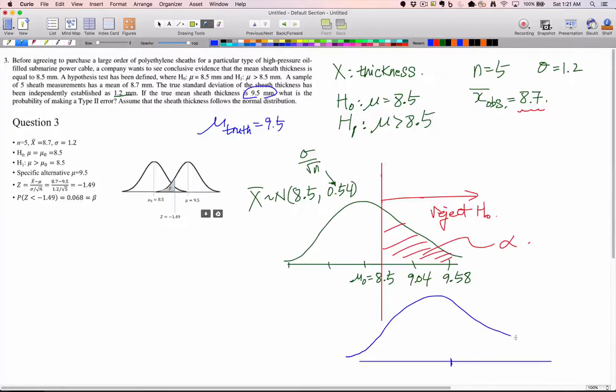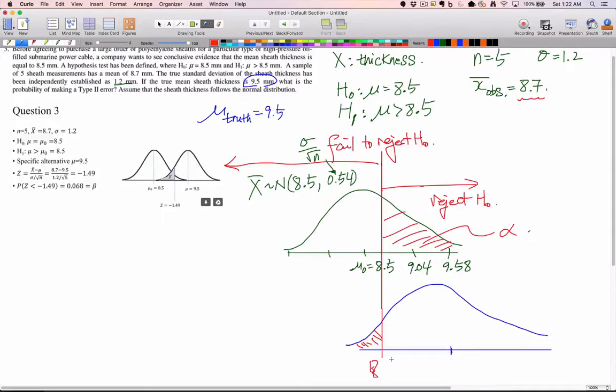Draw a normal distribution on top there, and extending this red line here. When do you fail to reject? You fail to reject when in that region, right? Fail to reject h naught, and beta is this much here, with this value being 8.7